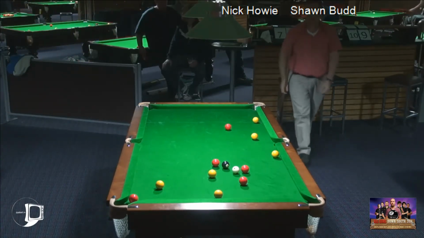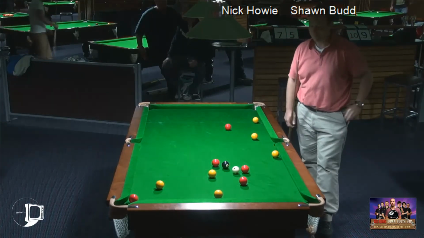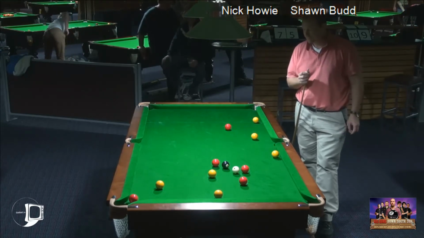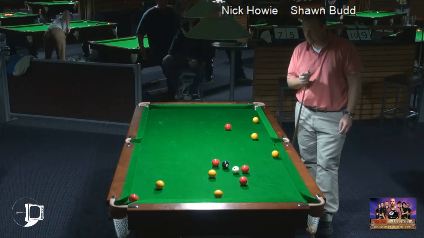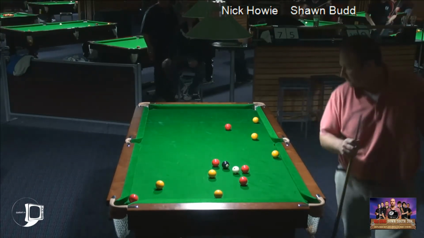He's deliberately screwed into the reds to open them up and potted Shawn's ball. He's got lucky keeping Shawn off the other yellows. He's given away the two, but he's left Shawn in all sorts of trouble here. I'm just not